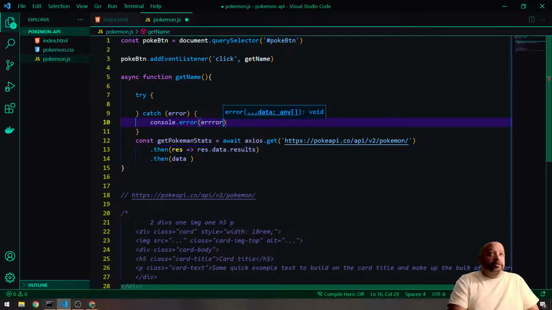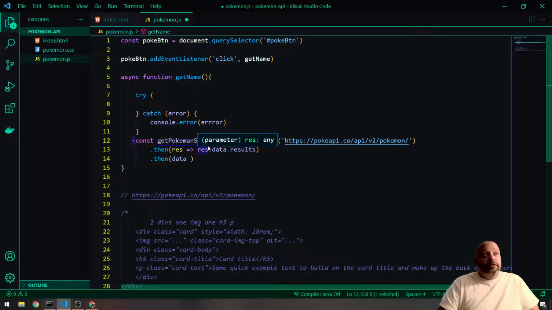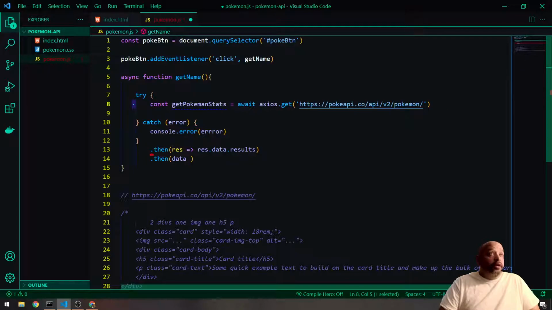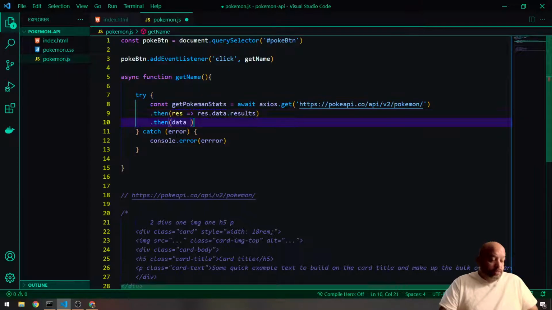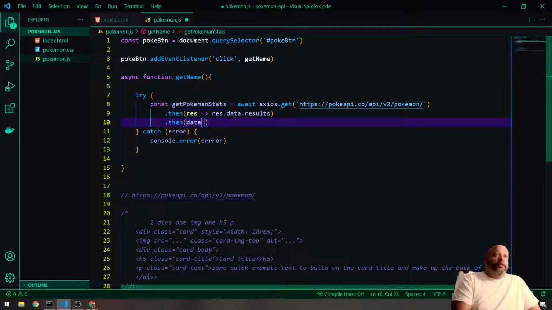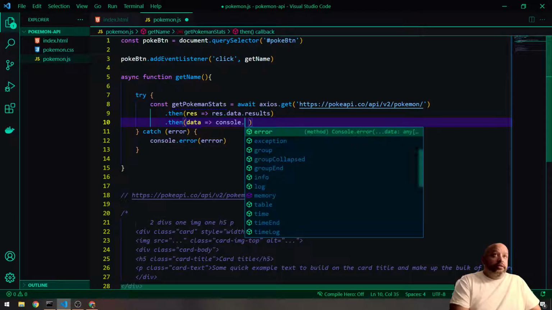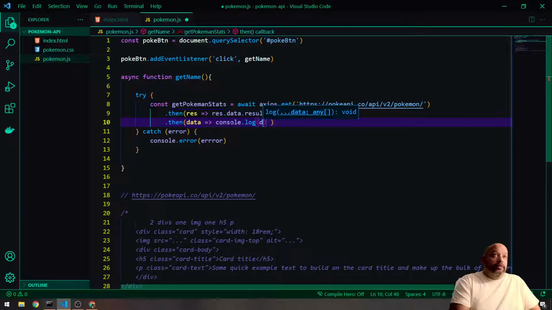It's like a console log, but it does it that way. So this Pokemon thing, actually, if you hold on Alt, if you put your stuff in the front of it, hold on Alt, press up a couple of times, it should be all of them. No, I'll just X that and then put it here. That'll make my life easier, and then put a tab right here. Okay, now we're gonna console log this data. All right, so it still has to have the arrow functions, and then console.log, and then we're gonna have data,